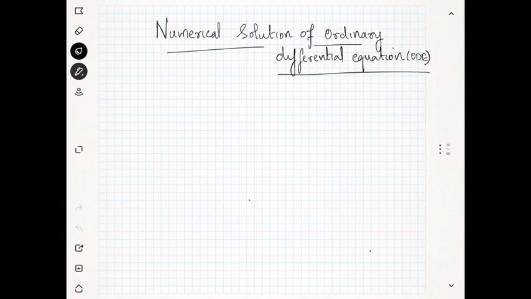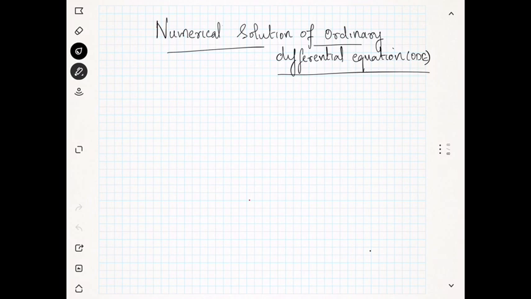In this lecture, we will discuss a new topic. That means we have already finished the previous topic regarding the solution of system of linear equations, and also how to find the root of a non-linear equation. Now we are moving on to a new topic, which is how to obtain the numerical solution of an ordinary differential equation. So first of all, I would like to explain what we mean by a differential